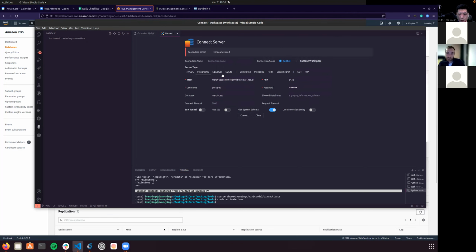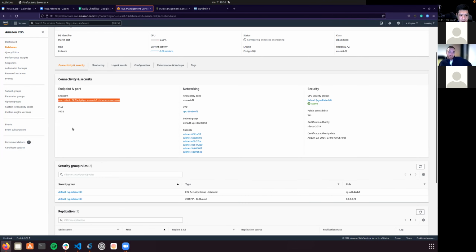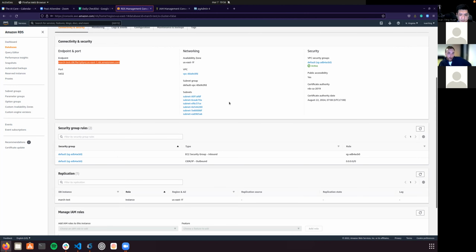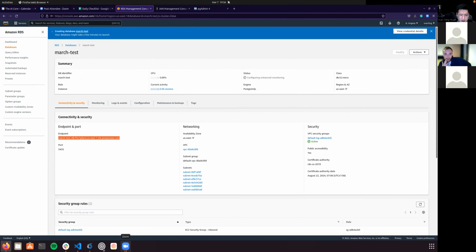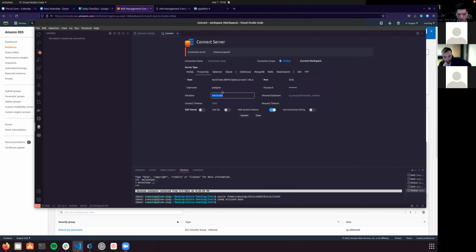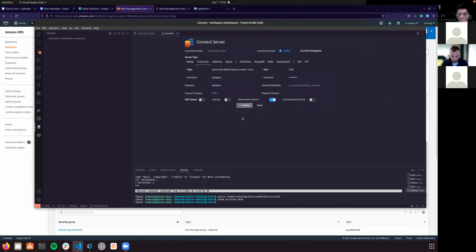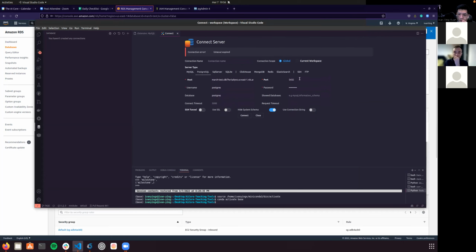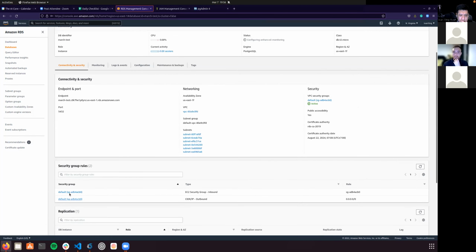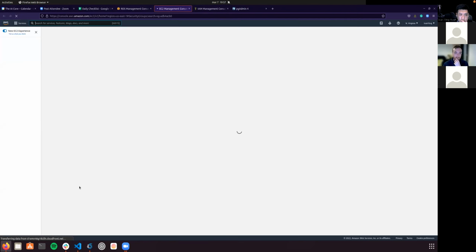Okay. I'm wondering if I made some sort of mistake here for Postgres March test. Oh, sorry. I think actually the database should be Postgres as well. And connect. Okay. What am I missing? Let me just check